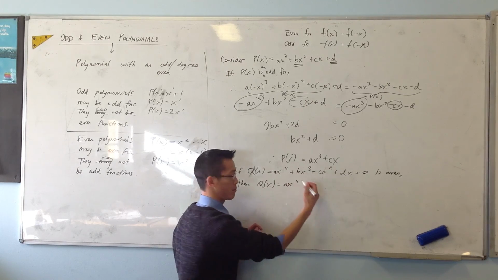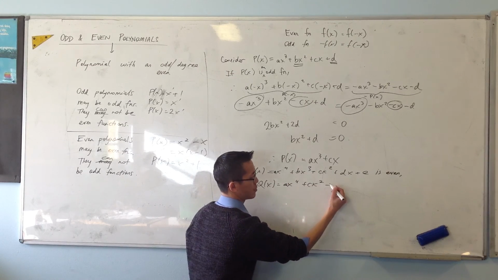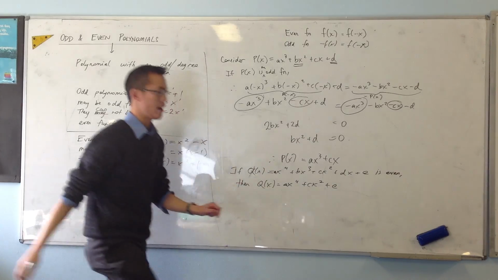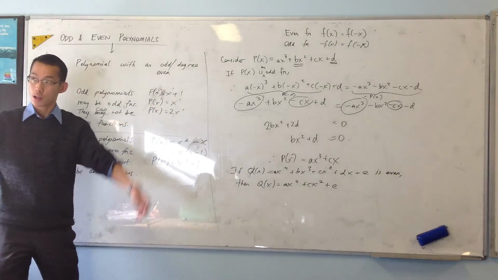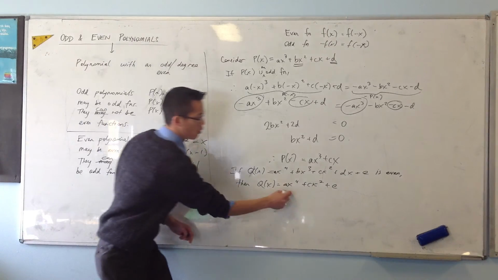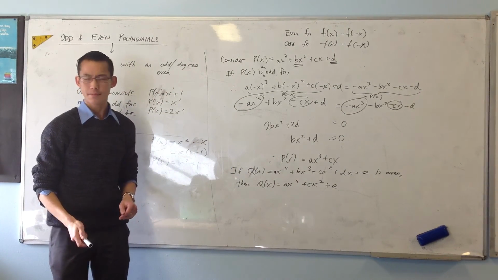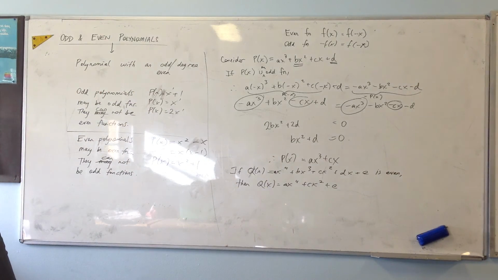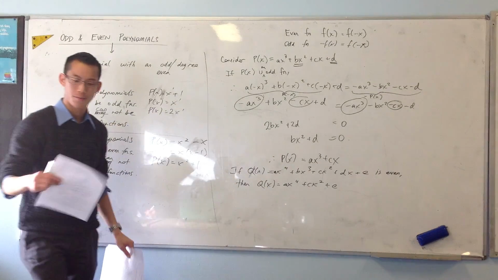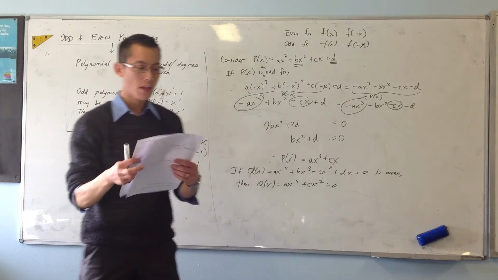But this term's out. This squared term's okay, this one's out, and there's my constant on the end. So if I want the whole thing to be even, then all of my components have to be even as well. Right, now, the reason why I drew your attention to this is because in exercise 4D, I think